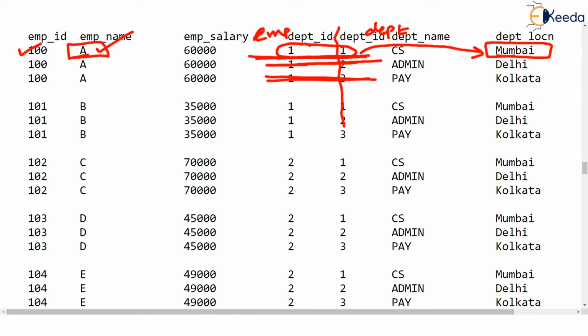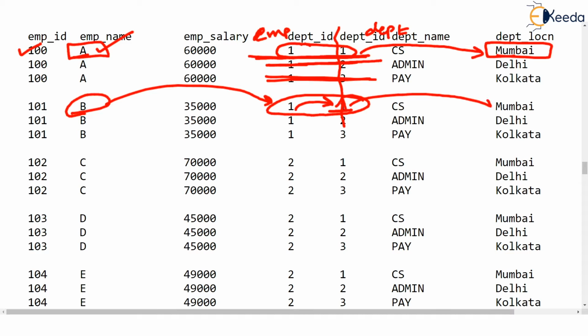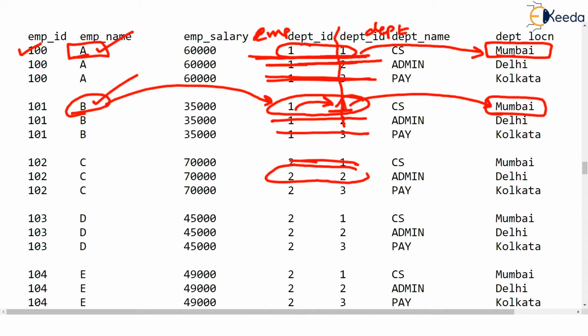Same is the case with the third row. Here comes the match, isn't it? Person B works in department 1, and here is the department 1 on the DEPT side, and this department 1 is located in Mumbai, so even B should be listed. But no question of 1 2, 1 3 combination, 2 1 combination. Look at 2 2. Here the match is found, correct?